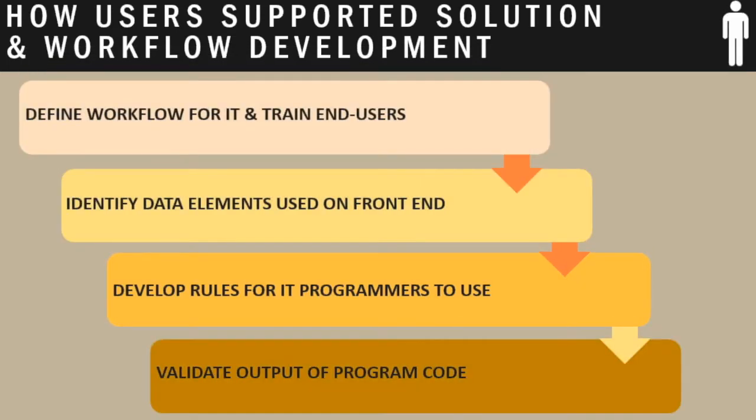So we involved users in the design of our workflow because we had an established process that was largely paper-based, and then we had several institutions that had implemented an electronic health record. There was not a lot of time spent to really think about how we were going to start doing vaccinations. There were some people who were advocating for really pushing to continue with the mass vaccination approach,